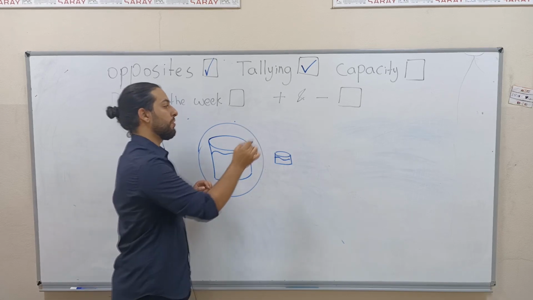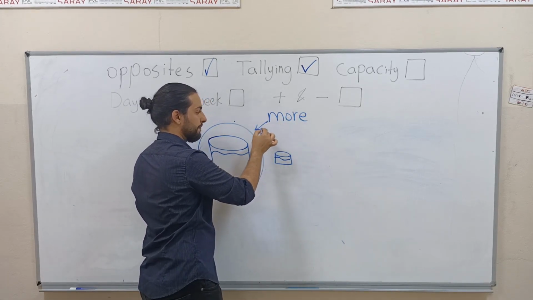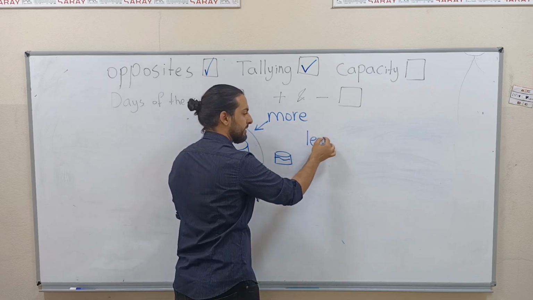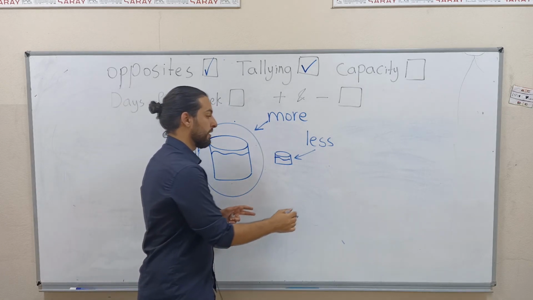Okay, so which one holds more is this one here. Which one holds less is this one here. This goes for everything else. So if you have a bucket